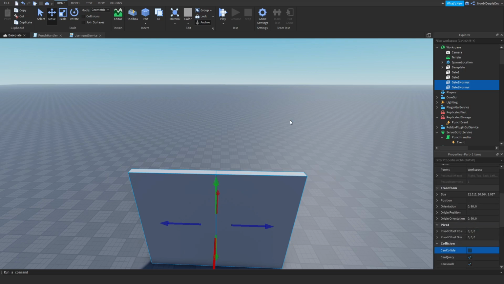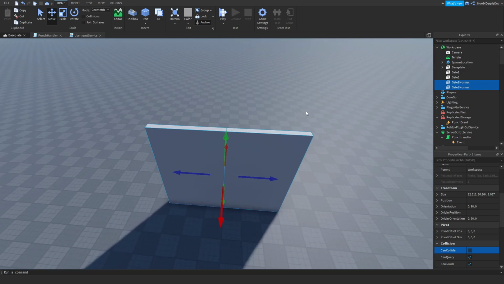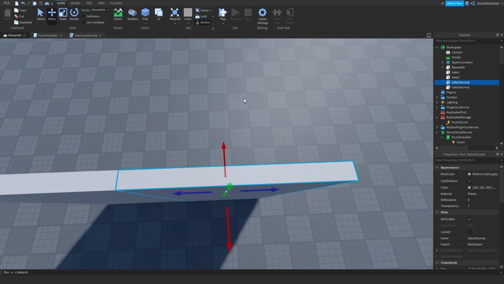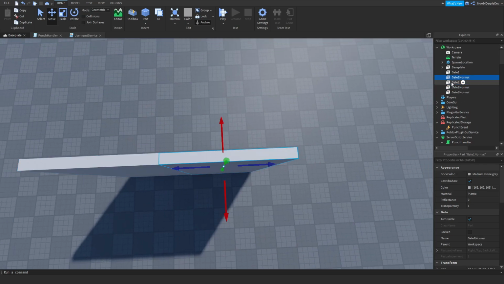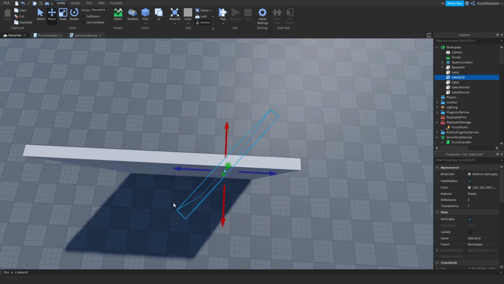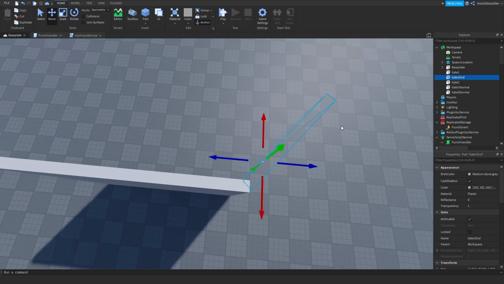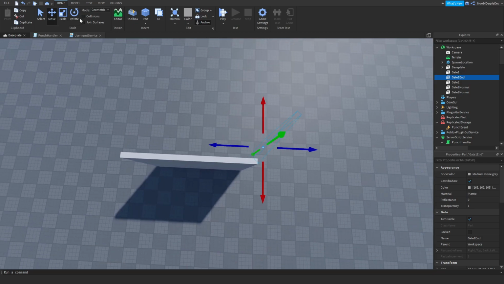Alrighty. Now what you want to do, get the normal gate, duplicate it, and rename it to gate 1 end. Now select the rotating tool, and rotate it like this, like that. So you have like a diagonal thingy. So you just want to line it up with this thingy, like that. You want to line it up like that, and now do that on the other side